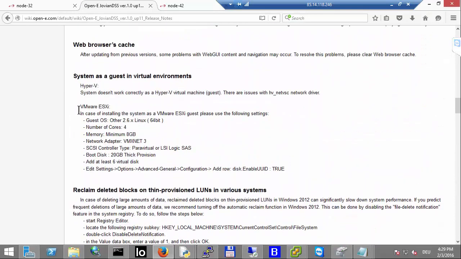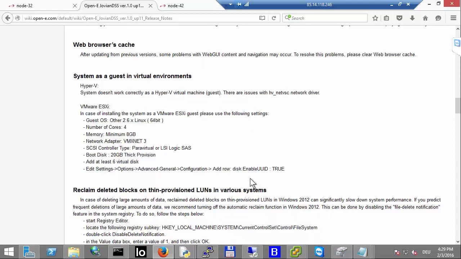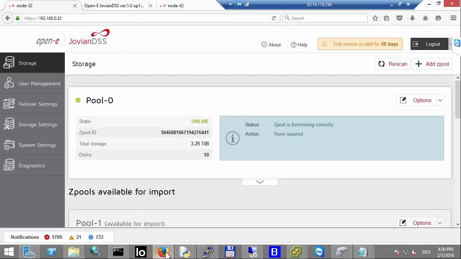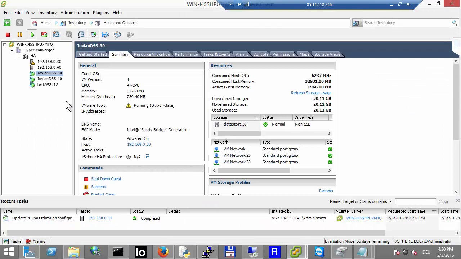So that's the VMware, and the most important part is this last line. It means you need to add a row disk.enableUUID equal to true in the options, general configuration settings, right? And the next very important thing is when I go to edit,